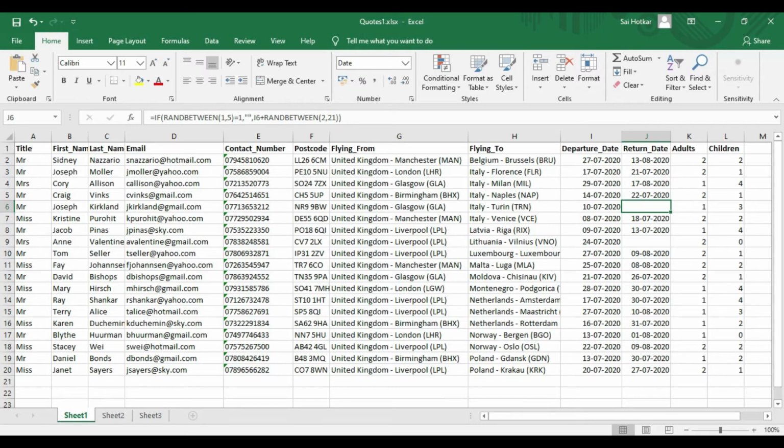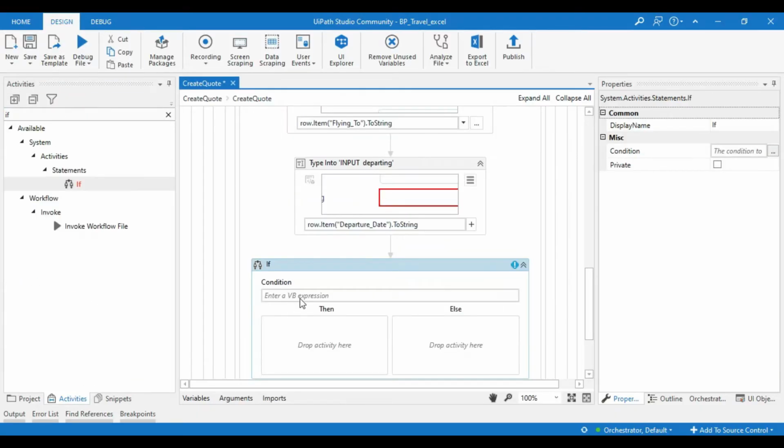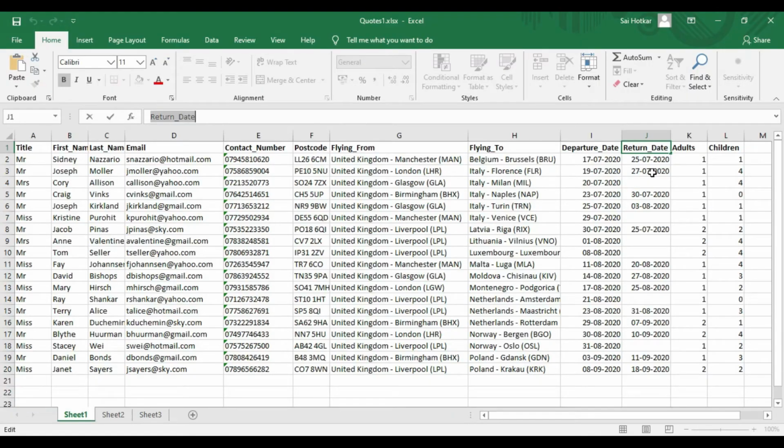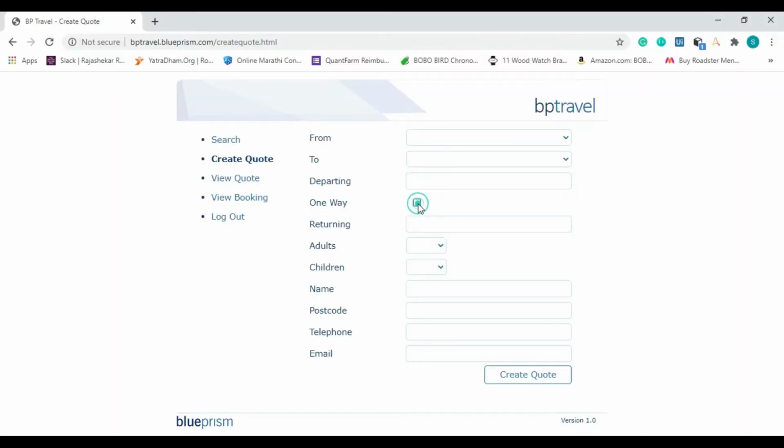So go to your UiPath, take if else, and here you have to provide the condition, that is the row dot item, and here we have to pass the column name, that is return date dot equals null. If there is nothing in this return date, then it will click on the one way, or else it will directly write the return date.